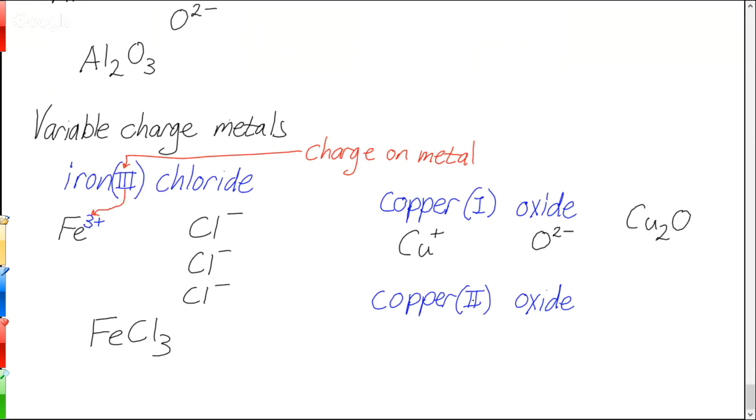And then the second one, copper 2 oxide, we have now 2 plus and 2 minus. Those neutralize each other. We don't have to change any numbers, and we just get CuO. In the next chapter, we'll also look at some naming next week, and it's really common for people to call this one copper 2 oxide because there's a little 2 there, but this is actually copper 1 oxide because that 1 is the charge. This is copper 2 oxide because, again, the 2 is the charge.